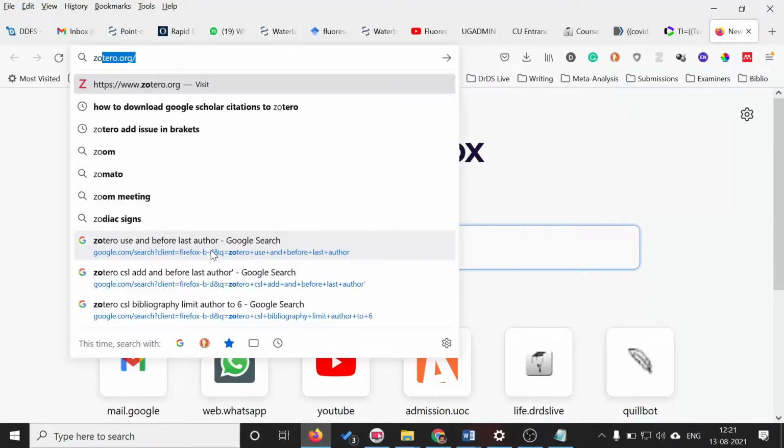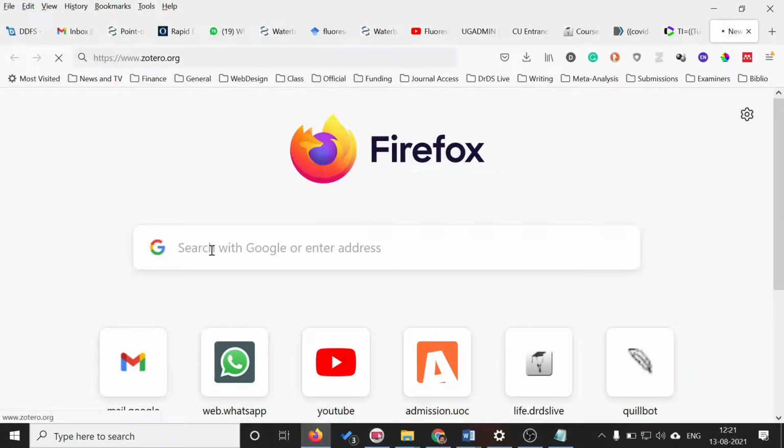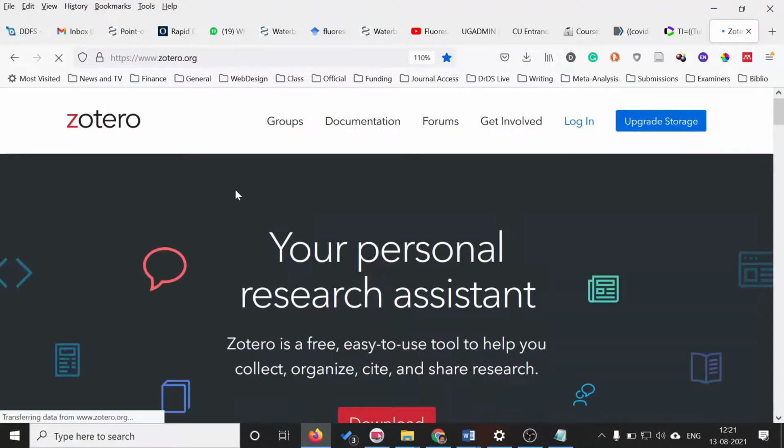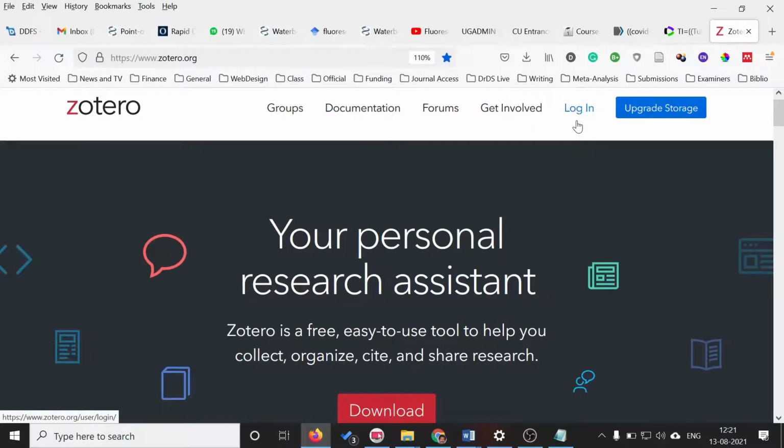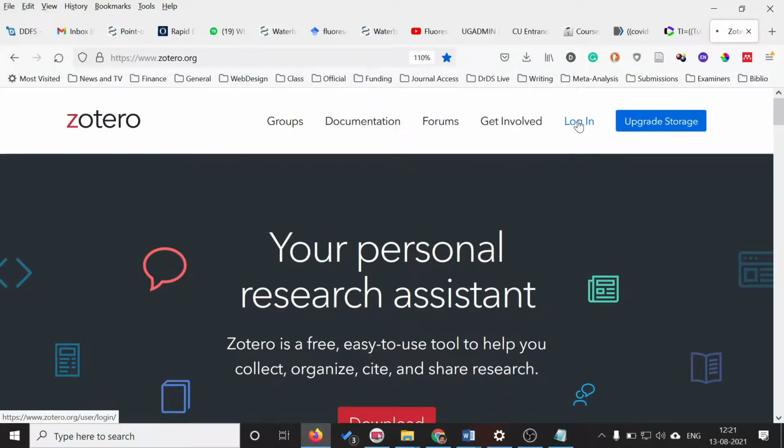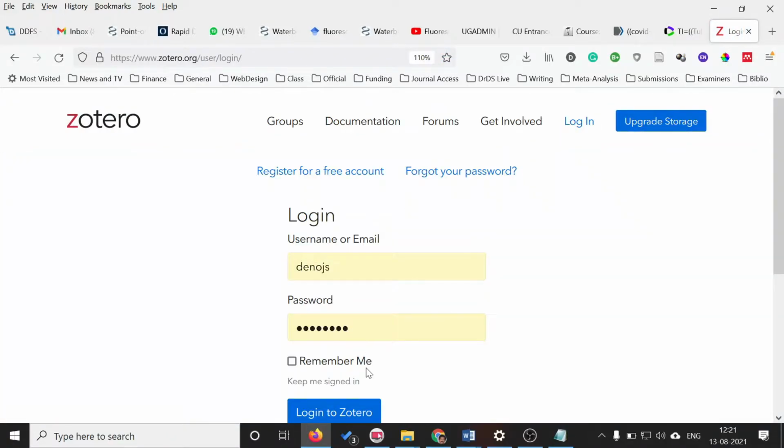Right now, I am introducing Zotero. Zotero.org is the website for Zotero. You can create a free account in Zotero, for which you can click on login. Right now I have an account, and if you don't have an account, then you create a free account